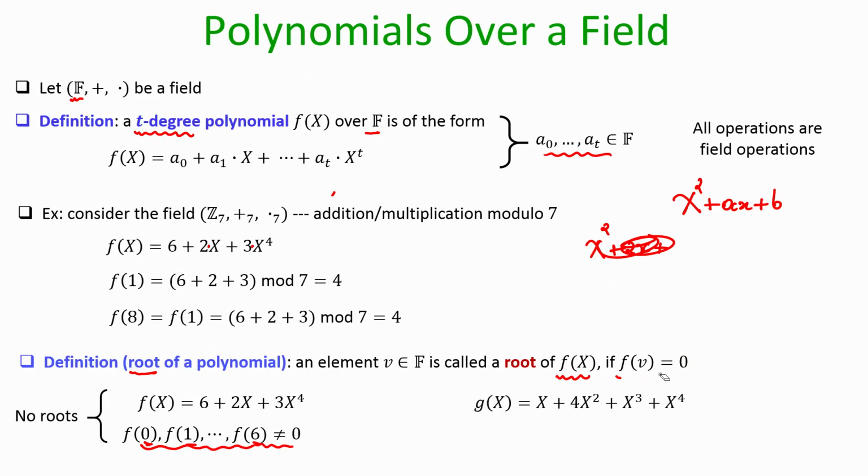Okay. Whereas, if I consider another polynomial g of x over the same field and compute the value of g of 0, g of 1, g of 2, g of 3, all of them turn out to be 0. That means this polynomial has 4 roots. Now, you might be wondering, is it possible that this polynomial has more than 4 roots? Well, we have a general result